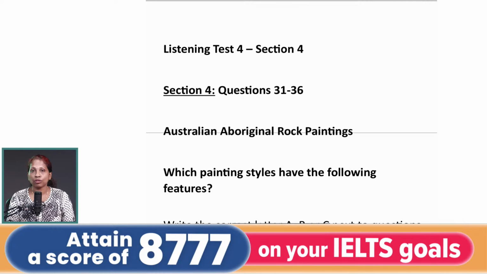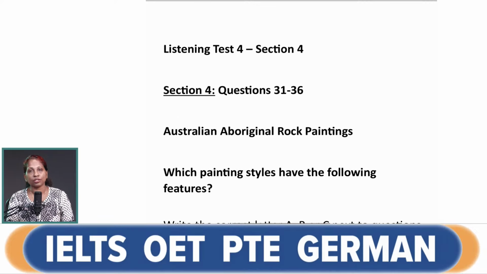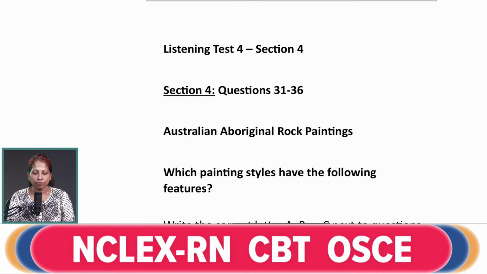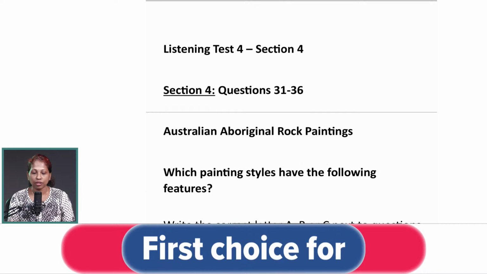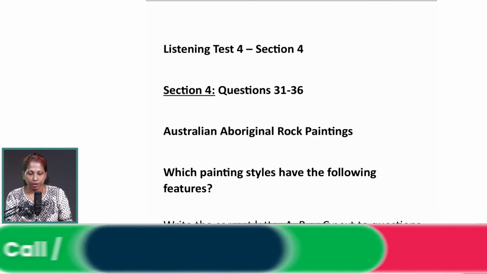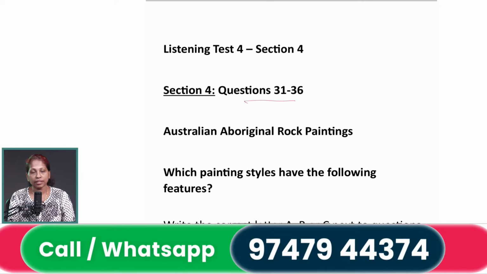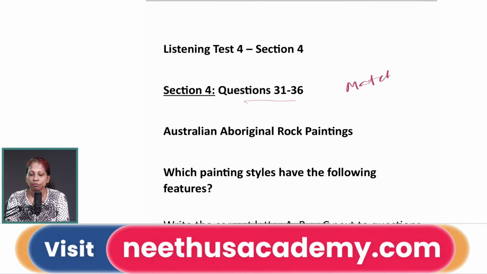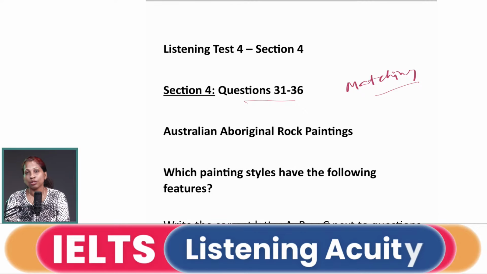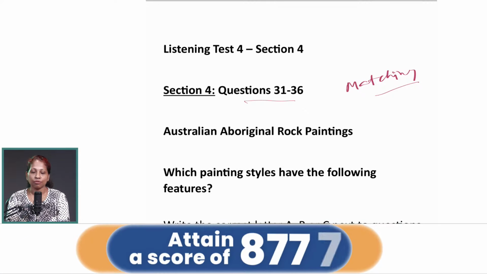Listening has 40 questions, 10 questions each section. But the last section, 31 to 40, are our questions. You can see the first set of questions are from questions 31 to 36, and it is about matching. There is a set of questions in listening which is called matching questions. You must also be familiar with this name in reading. The reading module also has this. We have a category called matching, and in that we have a set of questions called matching features. So the category maybe sounds the same, but the pattern is different.